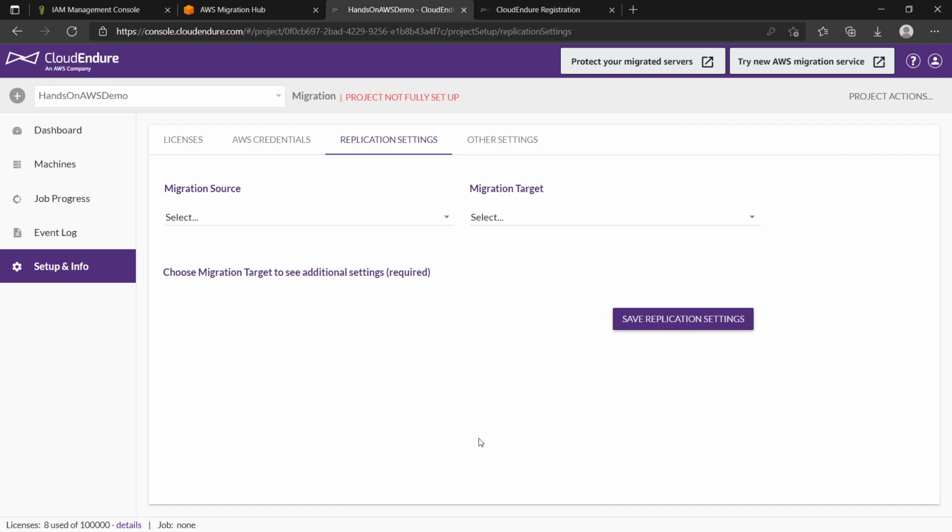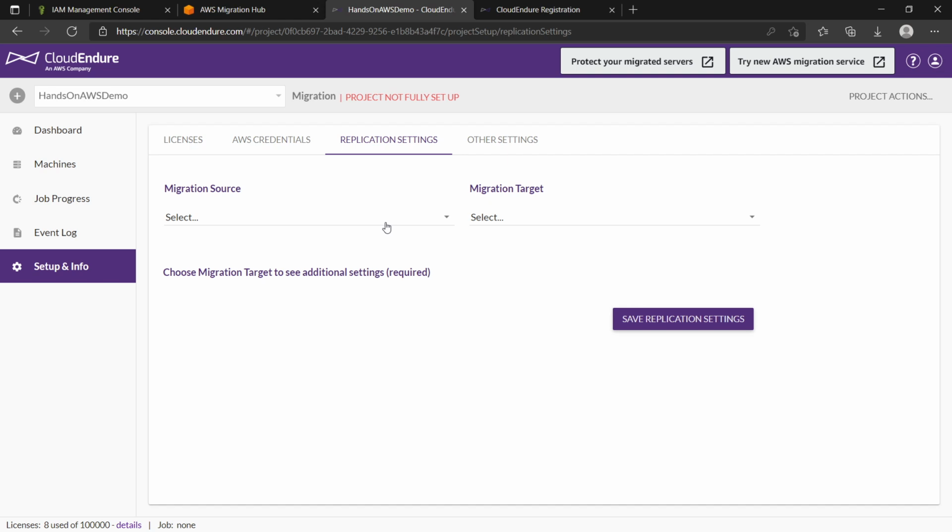All right. Now that the project is set up with your AWS credentials, you are ready to set up the replication settings. Here is where you tell Cloud Endure what is the source of your migration and what is the target. Remember, we have an on-prem data center, which we are simulating using an AWS VPC.